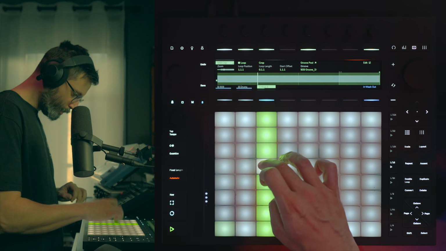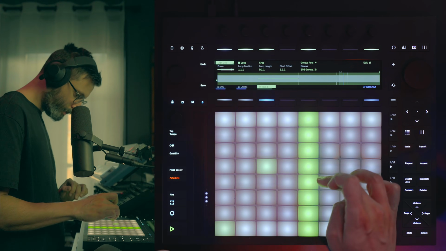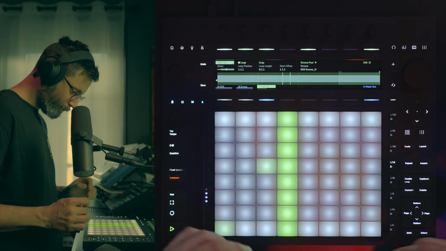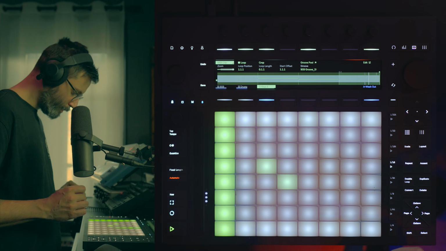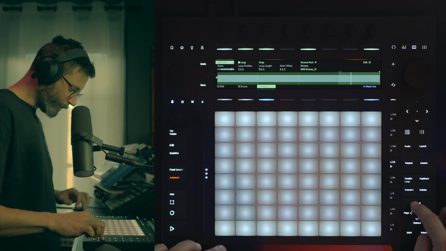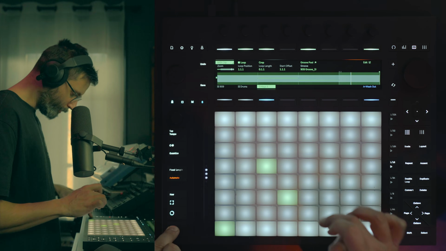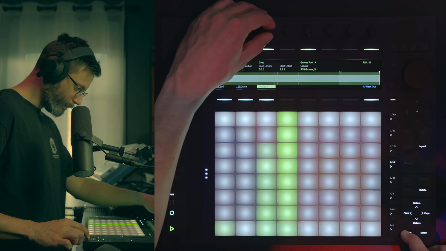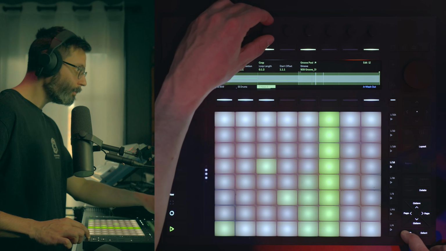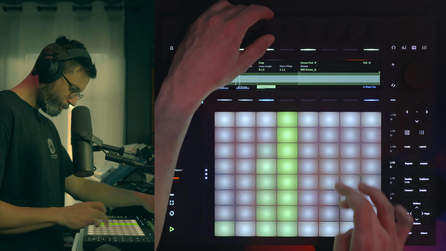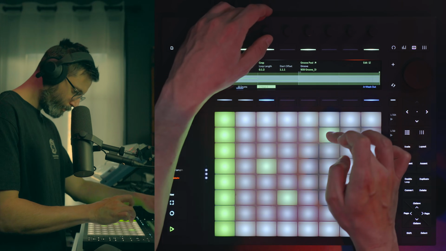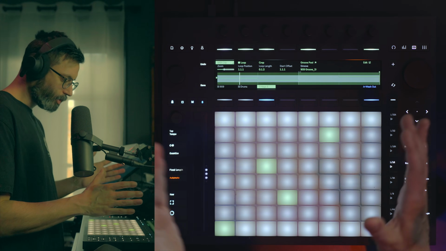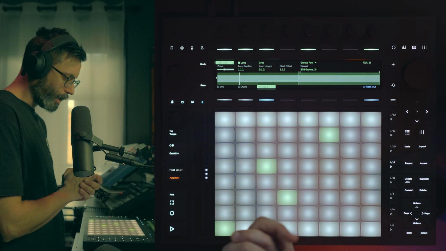It's a great way to do polymeter, maybe higher stuff. Maybe we can change the length. So that's one way I like to use it for shorter sequences, but otherwise I would rather use